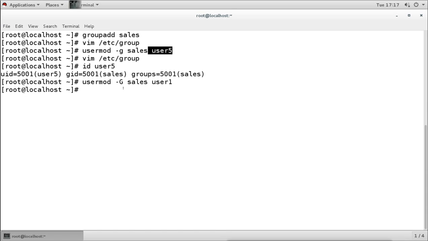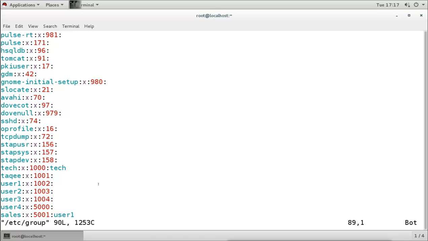Now this we can verify from the file also. When you open this group file, we can see that this is the secondary member here for this group. Also we can verify it by the id command.